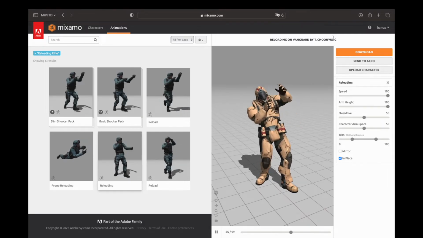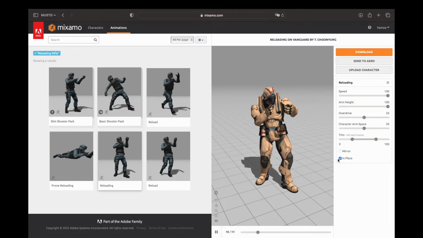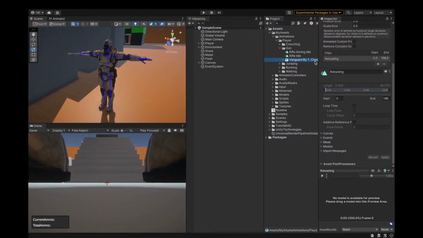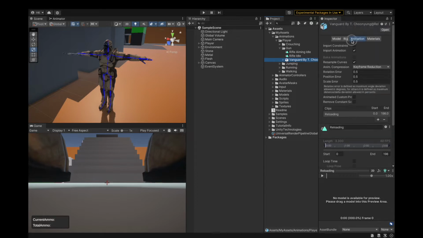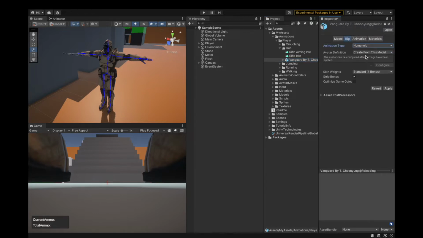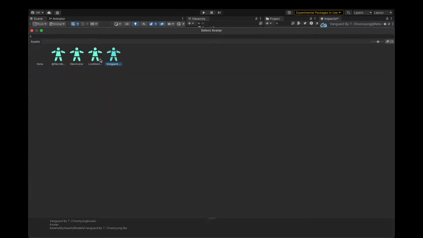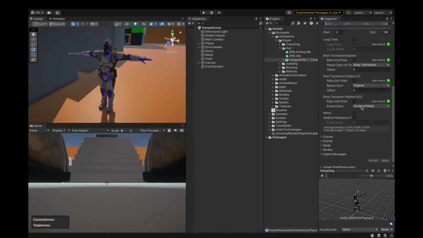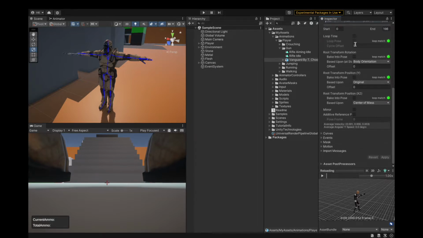and after that you just do download, and for FBX for Unity you can do the same settings as before, 60 frames and no skin. Okay, so that you can do, and then just drag it into the editor. Now in the rig tab we're gonna make it humanoid and copy from other avatar, Vanguard, our own avatar, and then hit apply. Then in the animation, do not hit the loop time button because we don't want it to loop,